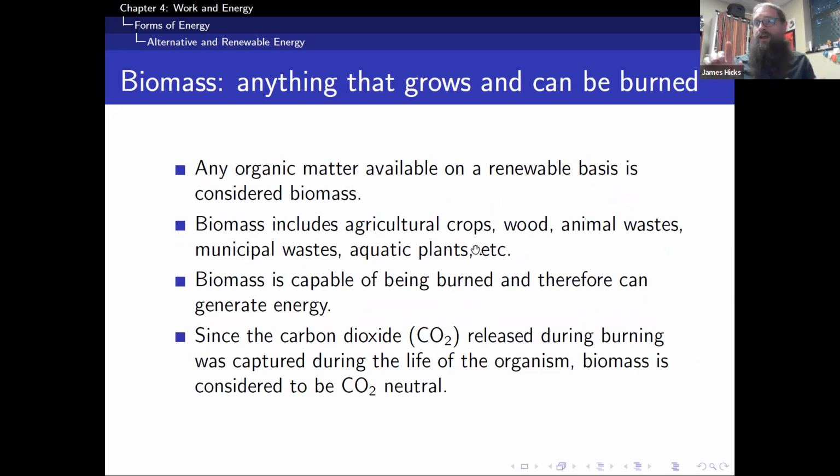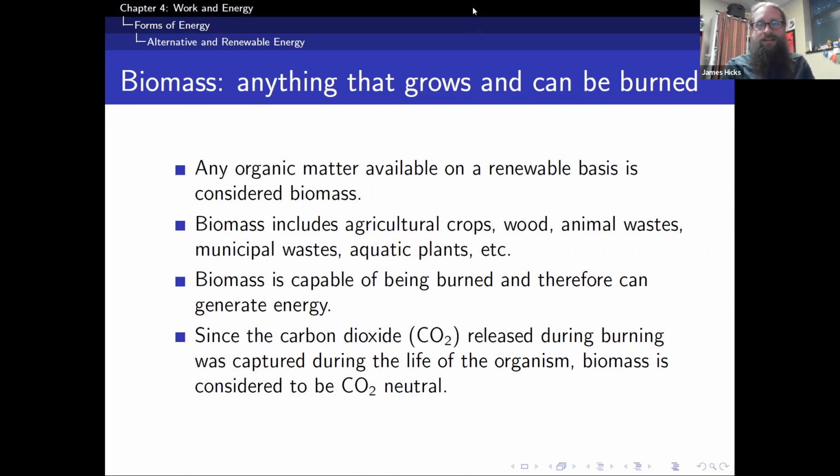But another side to this is biomass. And biomass is really anything that you can grow and burn, that's fuel. So any organic material,